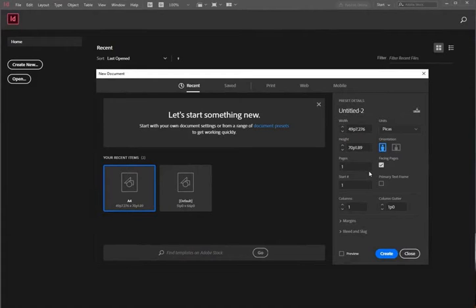Actually, Illustrator and InDesign are very different programs. Illustrator is for graphic designing. It offers you a set of tools and an environment which enables you to work with